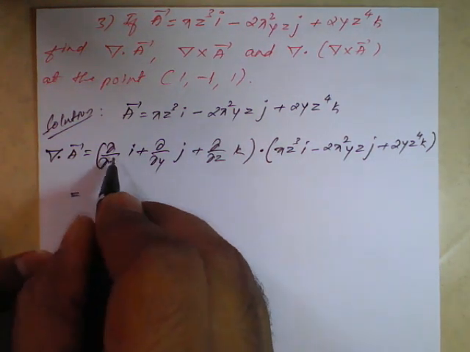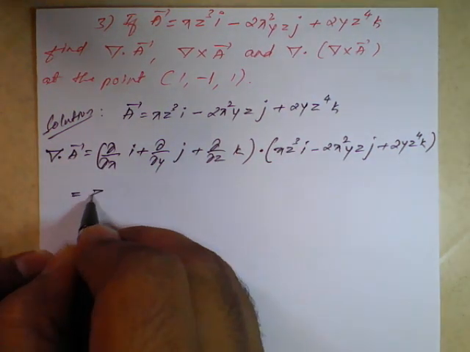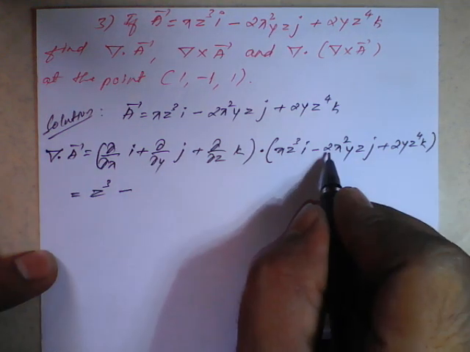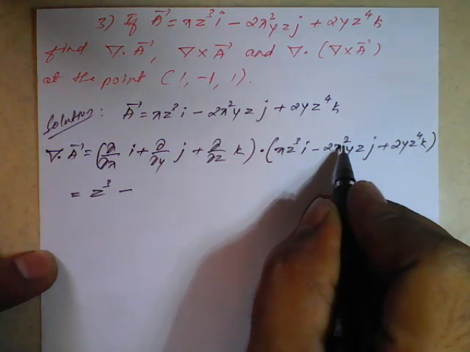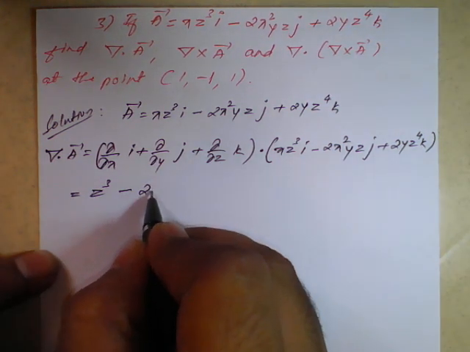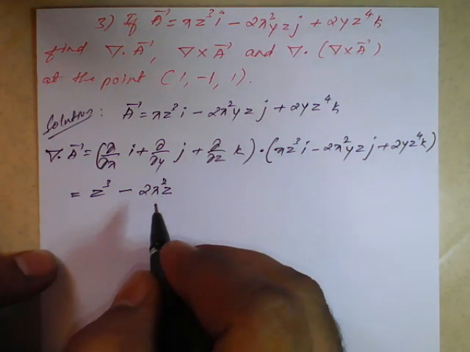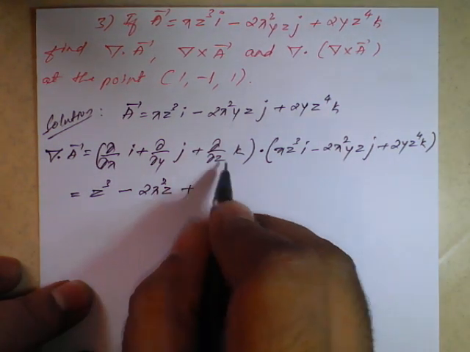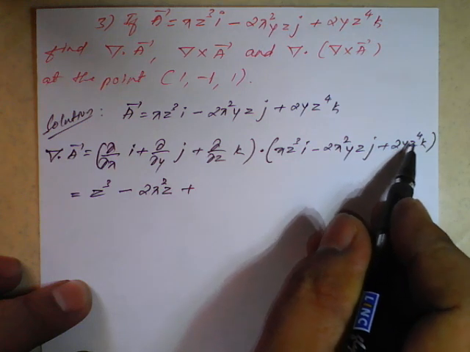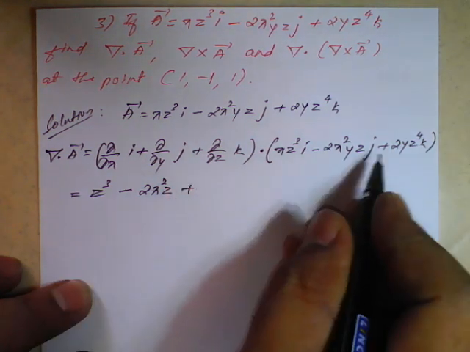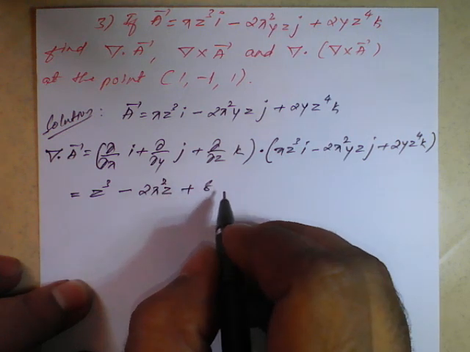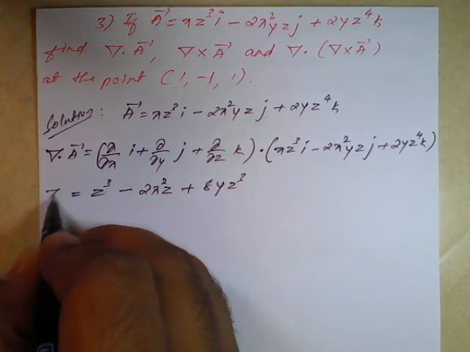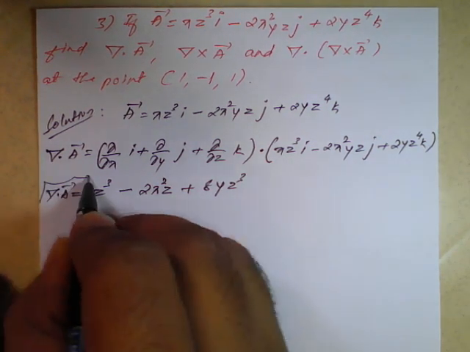So it will be partial derivative with respect to x of xz cube, which will be z cube. So plus into minus is minus, partial derivative with respect to y of 2x square yz will become 2x square z, and plus into plus is plus, third term. So 2yz raised to 4 with respect to z will become 8yz cube. This is del dot vector A, we got it.